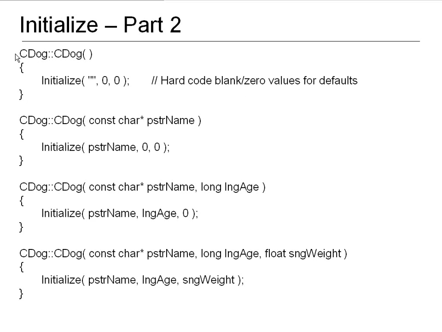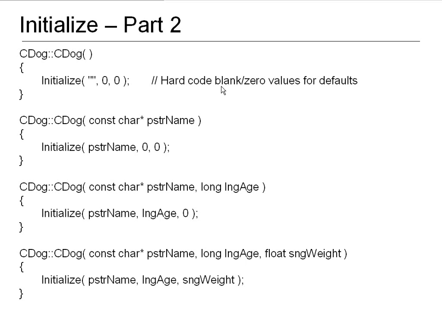So remember, there's no return data type for constructors. Say it with me. There's no return data type for constructors. Somebody's going to put a void in there and spend half an hour trying to figure out why it won't compile. Alright, so in this first one, which is our default constructor, I call initialize with an empty string, 0